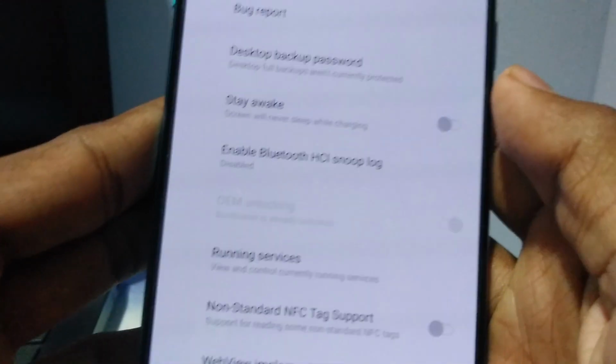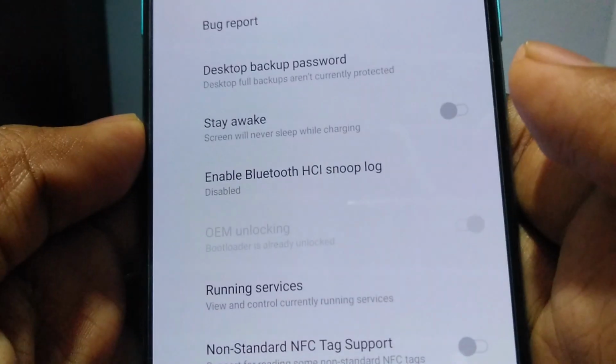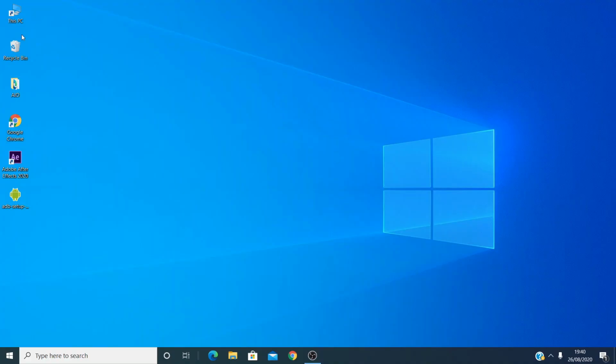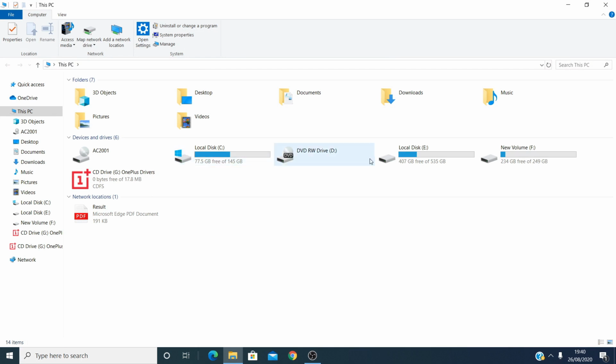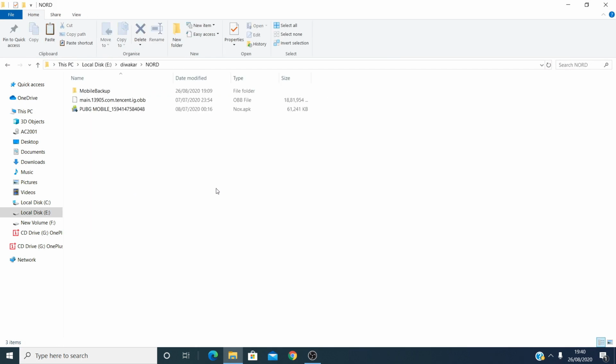Now in the developer options here, you can see the device bootloader is unlocked. Now move the backup file from your PC to the phone's internal storage inside the OP backup folder.